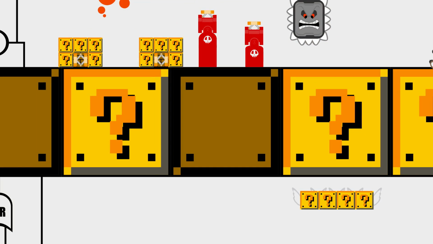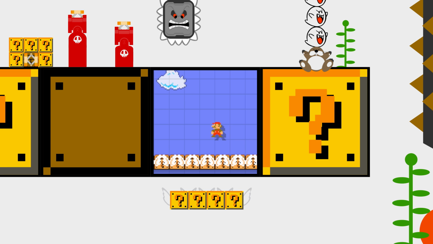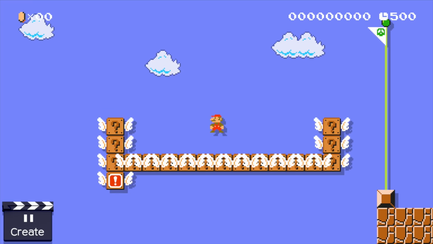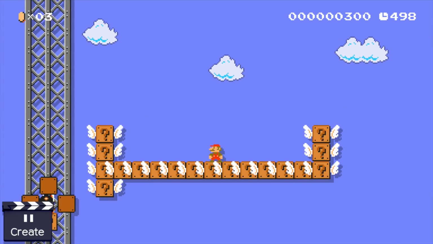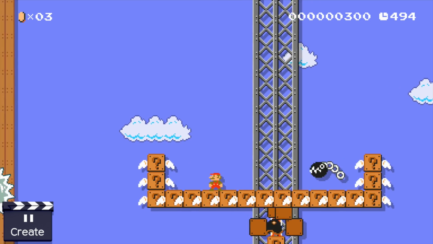Let's reveal the secrets of block number 11. Here we use winged question blocks again. Mario travels on top of them to the left, and while everything seems to be peaceful at first, things are about to become dangerous. At first, a shell hits one of the questionnaire blocks and throws a chain chomp into